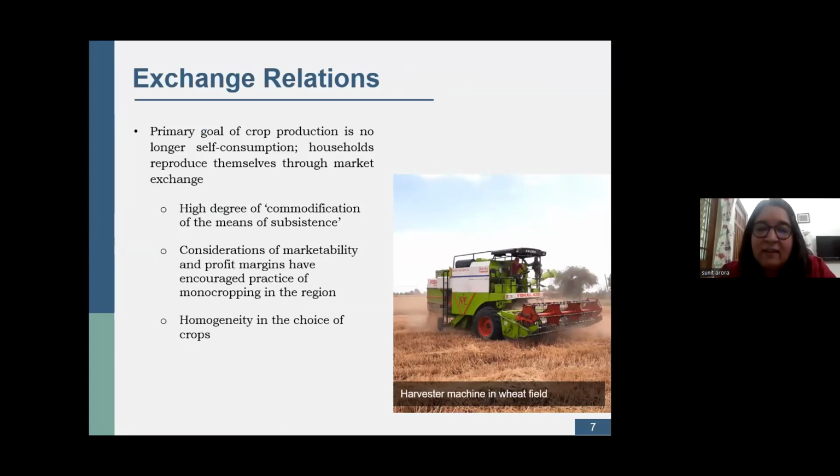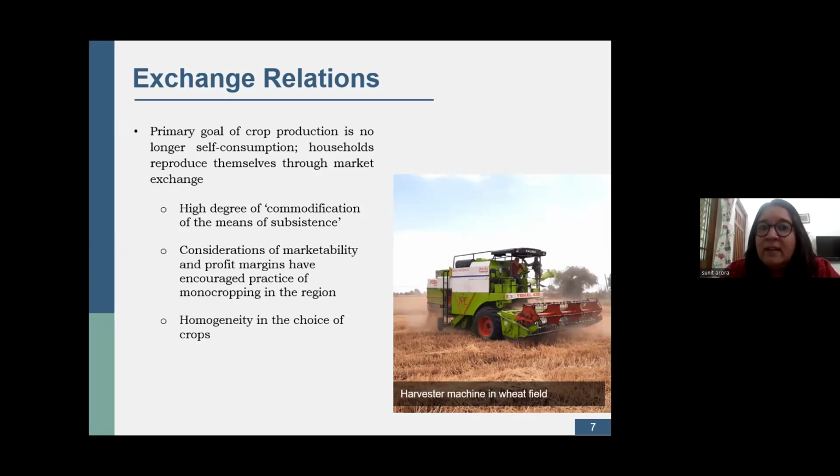So initially, when the story had started 50 years ago, because the yields were so less, a large part of the cultivated crop was actually consumed by the household itself. There was not much left to be sold on the market, and even if it was sold on the market, the prices were not very high. In the last 50 years, with mechanization, with higher yields, with improvements in integration with agricultural